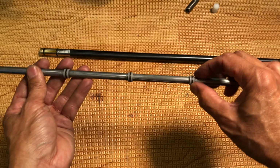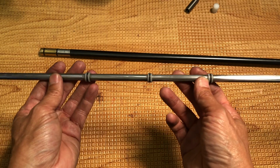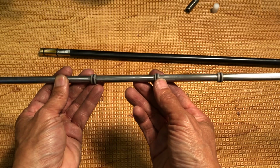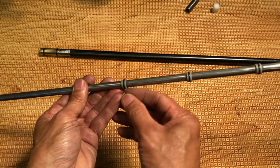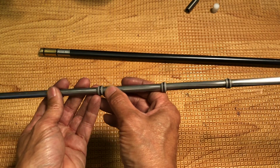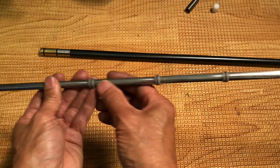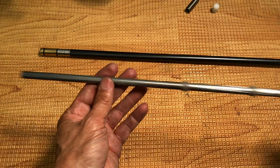All right, the sleeve on each side is pressed in, and sometimes they do move a little bit, but to minimize movement, I put some Loctite 480. It's kind of one of the hardest Loctites to make. It's kind of almost black in color. All right, so